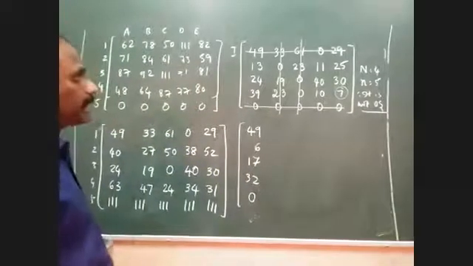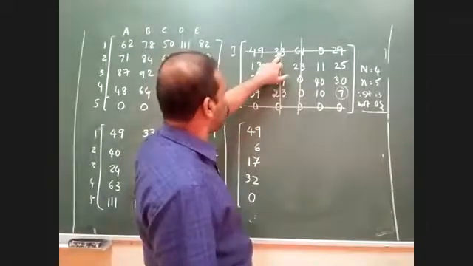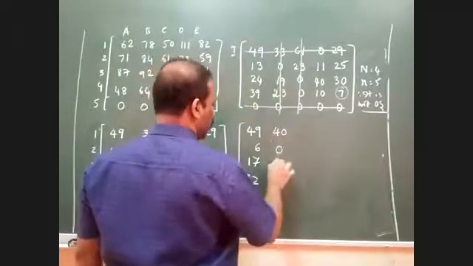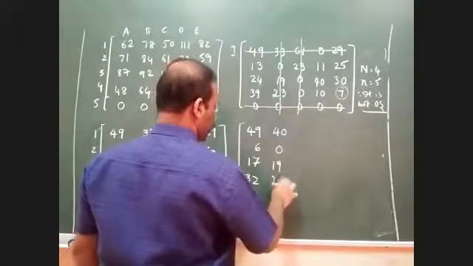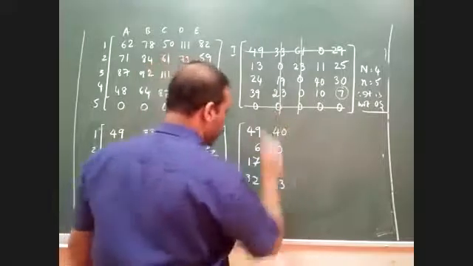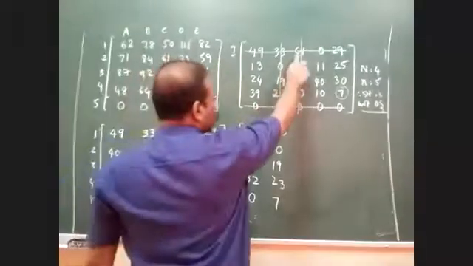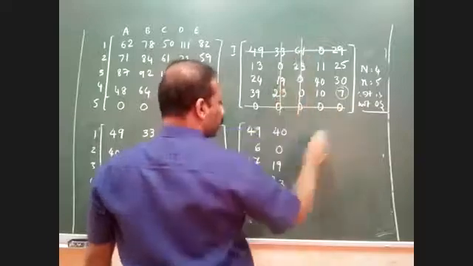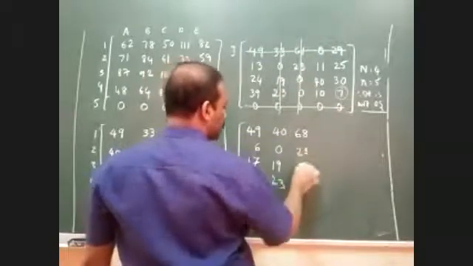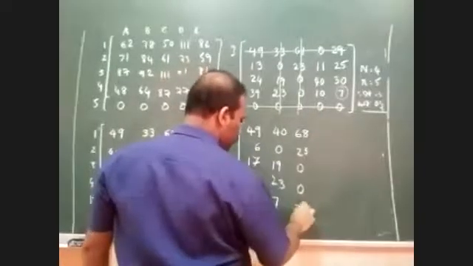We'll come to the second column. 33 lies on the point of intersection, so it becomes addition. It becomes 40. The remaining values remain the same. The last value will change because again it's a point of intersection. This becomes 7. Now coming to the third column, again 61 lies on the point of intersection, so 61 plus 7 becomes 68. Then the 3 values remain as they are. Again the last value is a point of intersection, so it becomes 7.